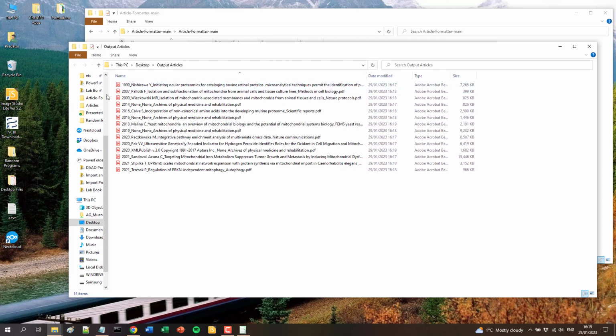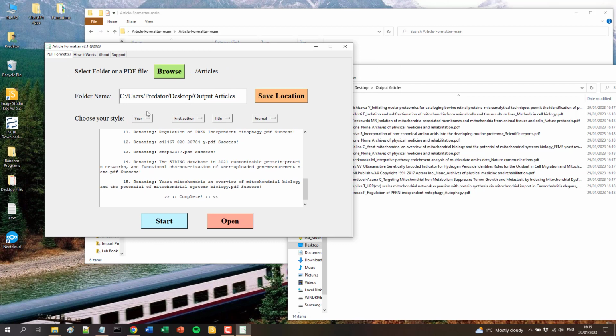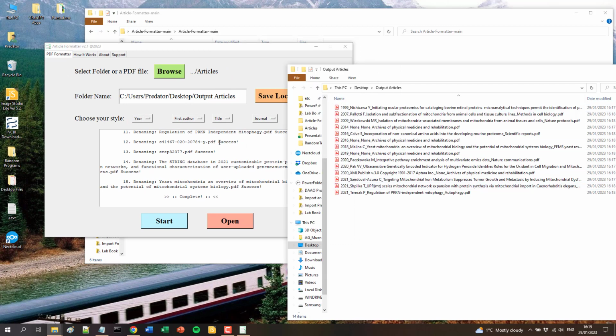As you can see here, it gives our style, which we chose as year first, and then first author. It's written the first author. If it cannot find the first author, it will give none, which you can change back. And it will write the title of the article here, and then the journal, like Autophagy or Scientific Reports, and all of them are separated by